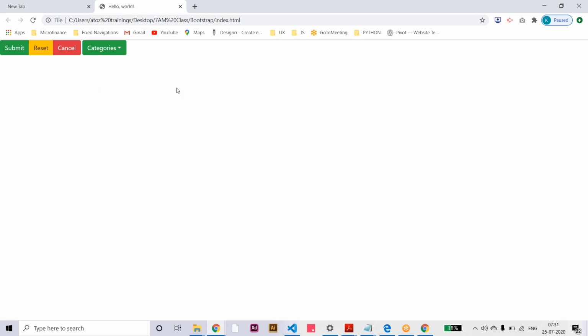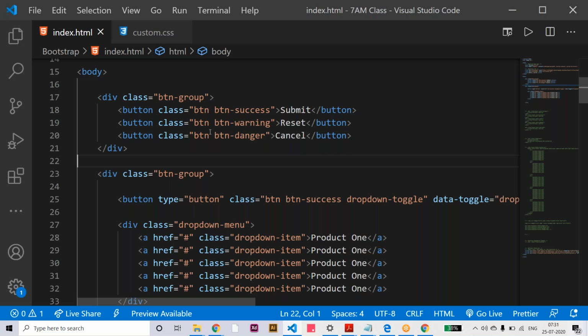So tomorrow I will teach, Monday. On Monday I will teach some other components like this. When using any particular component, we have a set of classes, just like navigation, buttons, forms, and image and text related classes. In Bootstrap, all the text related classes are called typography.